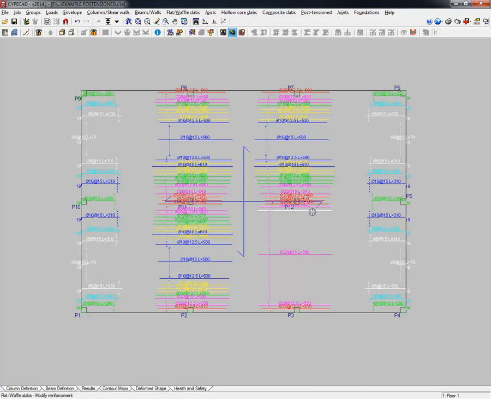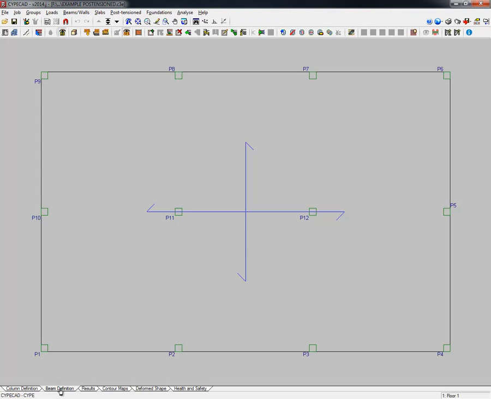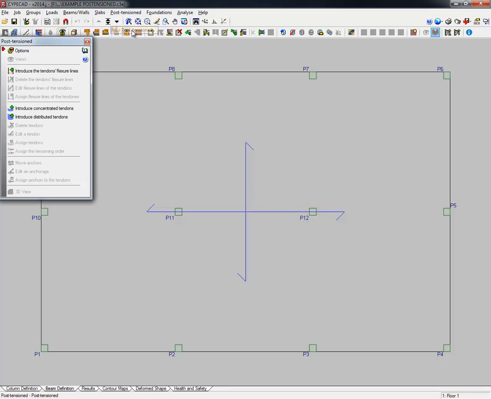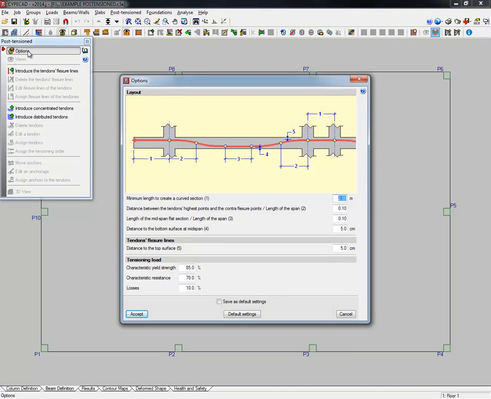Okay, once we see how the program works, how we introduce the reinforcement automatically, and how we can work with it, we can assign base reinforcement, and we can change the width and the length of the reinforcement on the slab. We can come back to the beam definition, and now we are going to start with the post-tensioning elements itself. For that we come here to the option of post-tensioned, and first of all we can see here we have